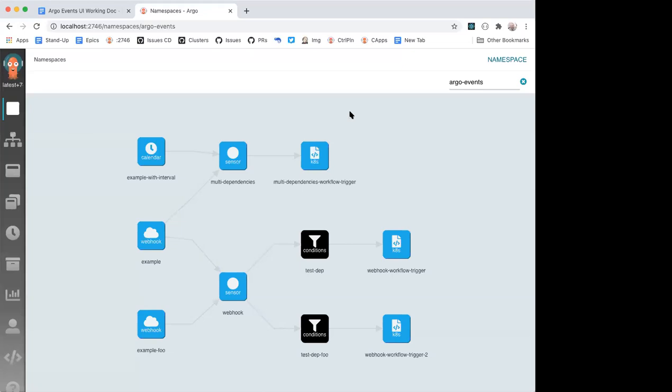So I just want to open up the floor to anybody who wants to ask any questions or make any suggestions. I just want to say that this is pretty cool. I'm super excited. Yeah, this is a first. Having a UI in Argo Events is by itself an awesome thing. So yeah, cool. I'm very keen.